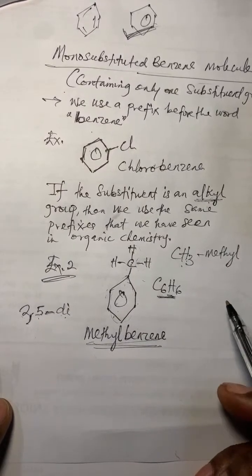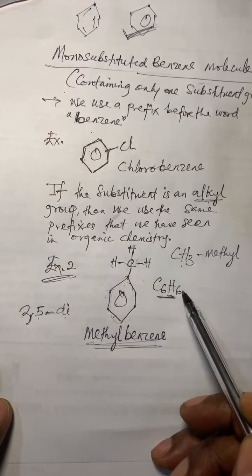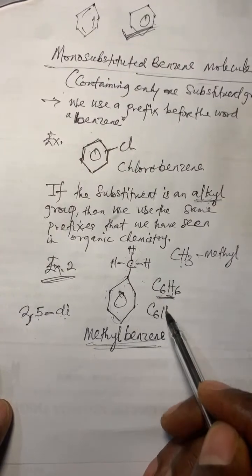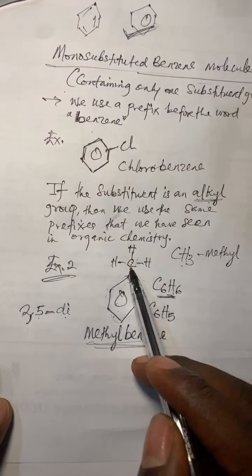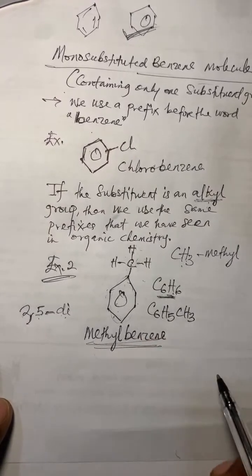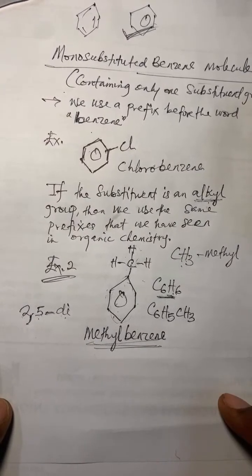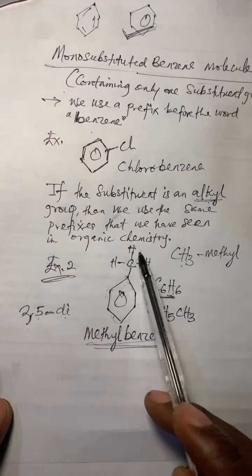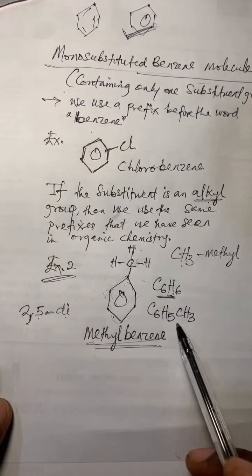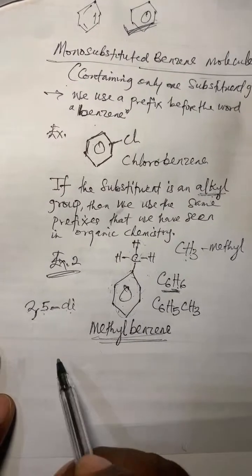Okay, let's do that right away. Now remember that this CH3 has taken the position of one of these hydrogen atoms. So that means we now have C6H5 because CH3 has taken over. So just put that CH3 here. It's as simple as ABC. Please let me know if you grab this. Now you've gotten two things: the name of this molecule, and the molecular formula of that. Let me know if it enters so that I can move to example 2.